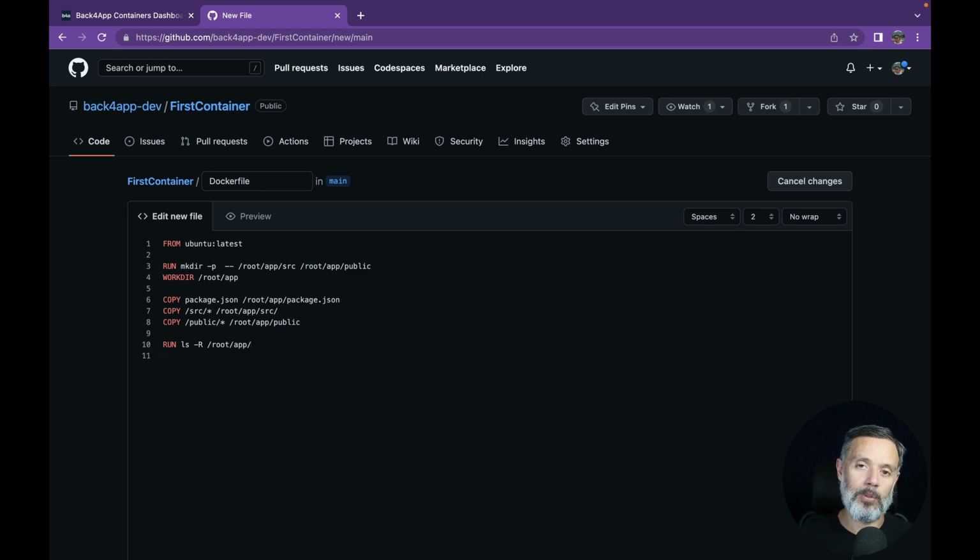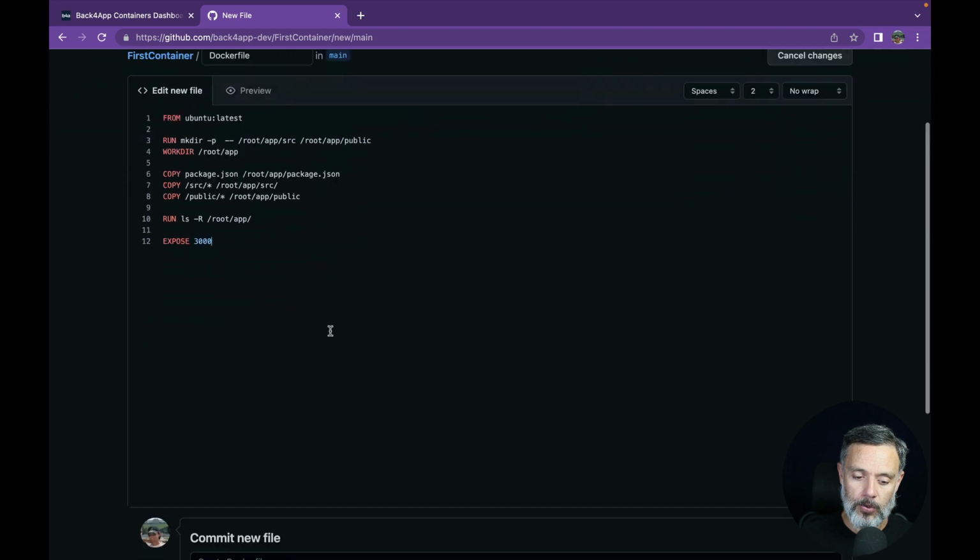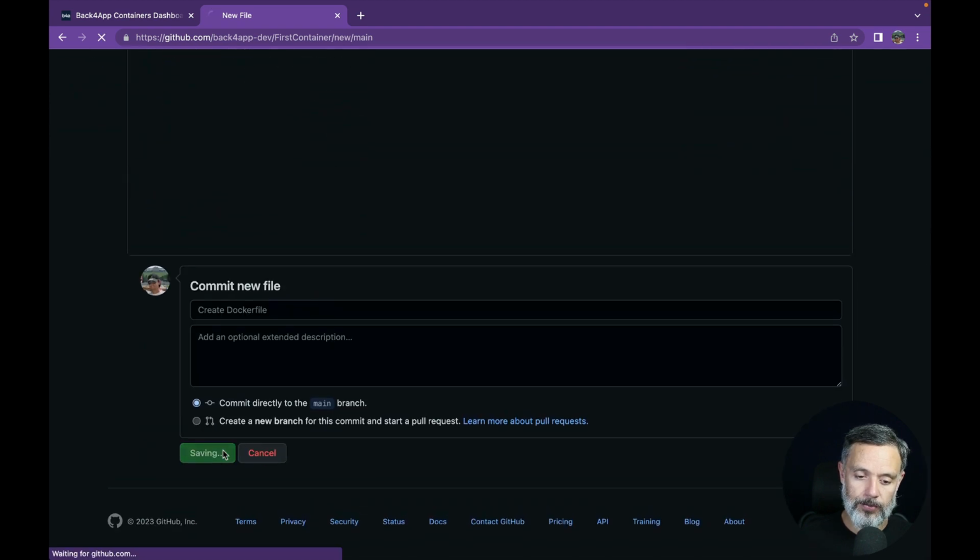So this command will list all folders and all subfolders and all files inside my root folder. And just so we can deploy this, because we are not running any server, it will probably fail at the very end of this container, but it will be enough to see how it behaves. We're going to expose port 3000, and this is just so Back4App Containers don't complain about the port not being exposed. So once I scroll down and click commit new file,